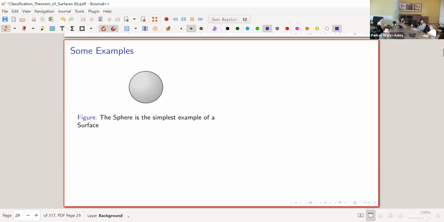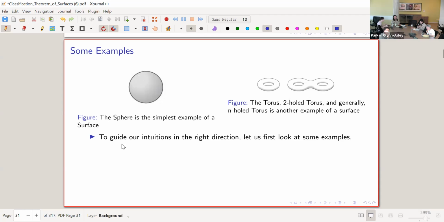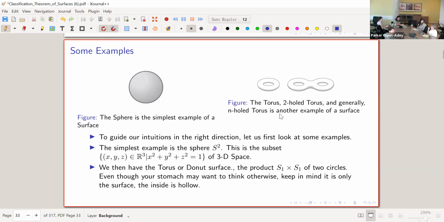So let's go over some examples because these will motivate our intuitions about the objects. The simplest example is the sphere, and you might have seen this in a multivariable calculus course. It's simply the subset (x, y, z) where x squared plus y squared plus z squared equals 1 of 3D space. And then you have the torus or the donut surface, and you can actually think of this as